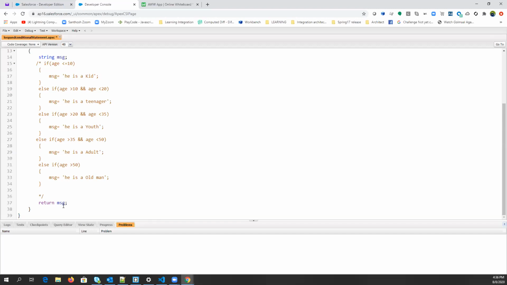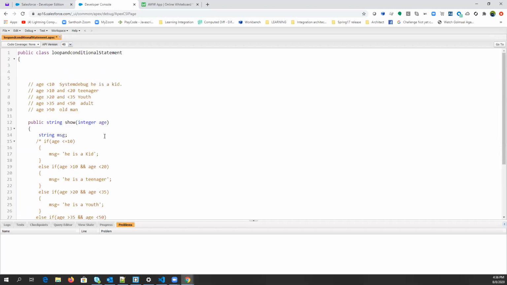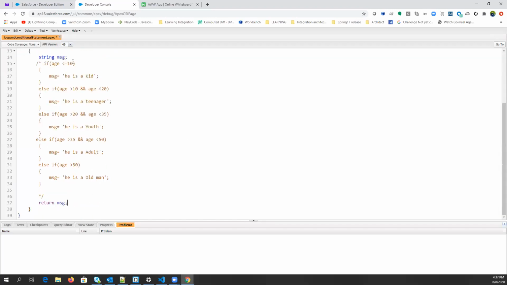Like switch 10, and you can use multiple conditions as well. That is not an issue. Tell me how we can write it. The case holds certain values.